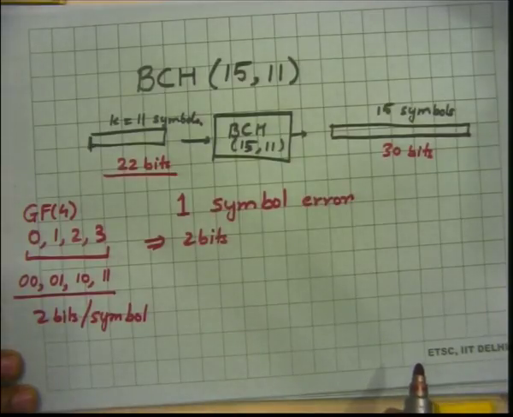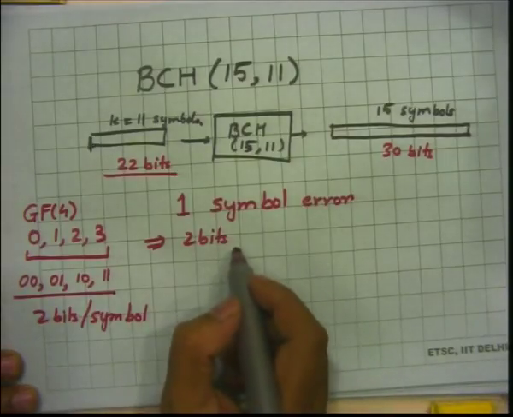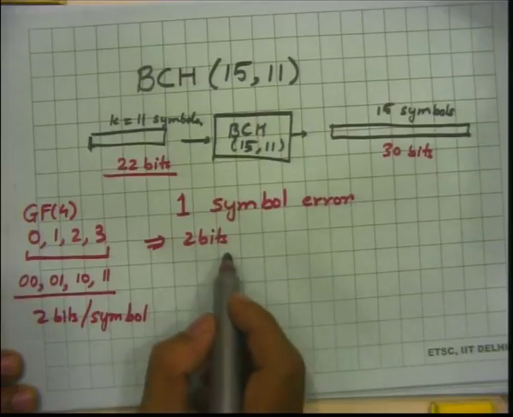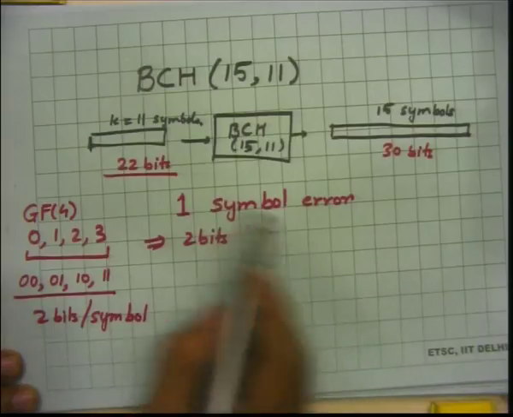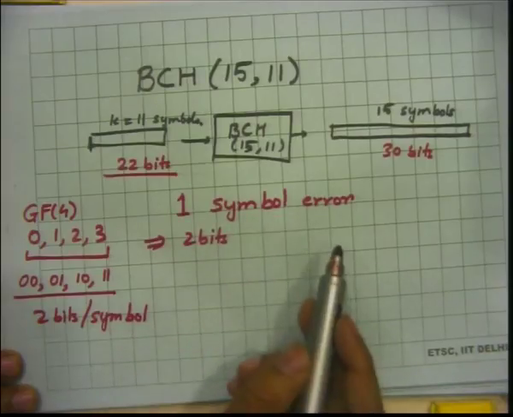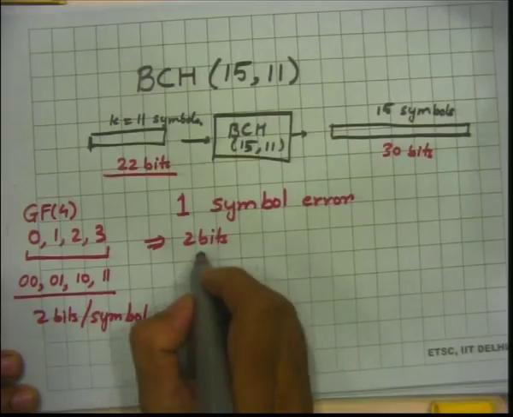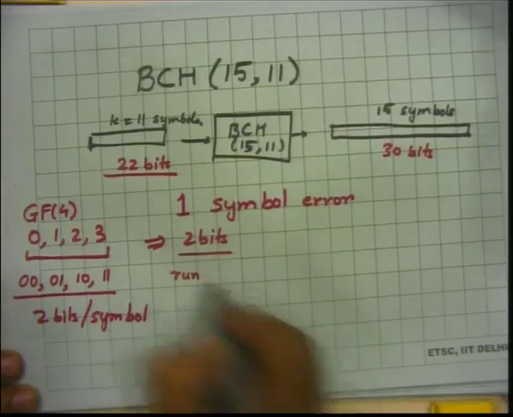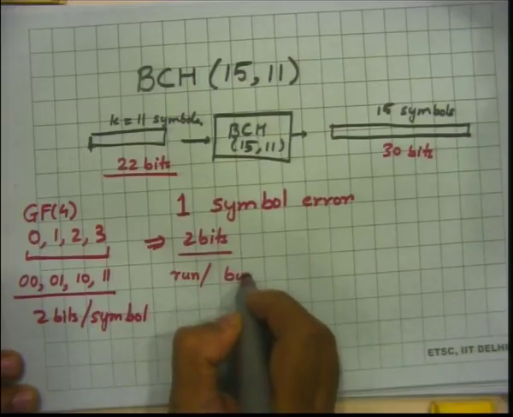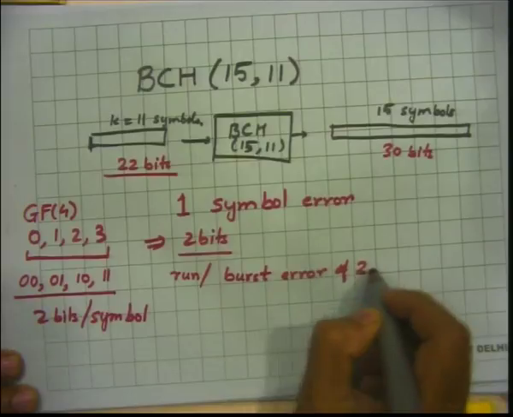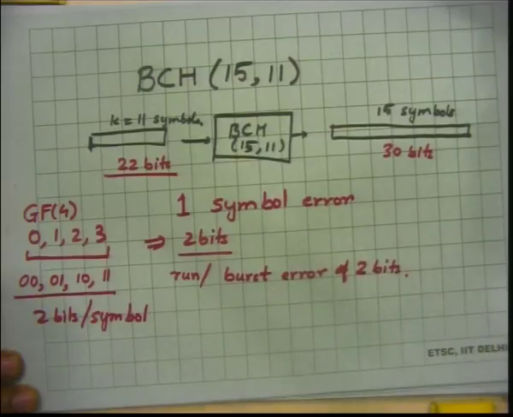So, suddenly bitwise we are correcting 2 bits, but if both the bits are in error, then also it can correct, because one symbol is one symbol. So, it means that if I have a run or a burst error of 2 bits, I can correct it,